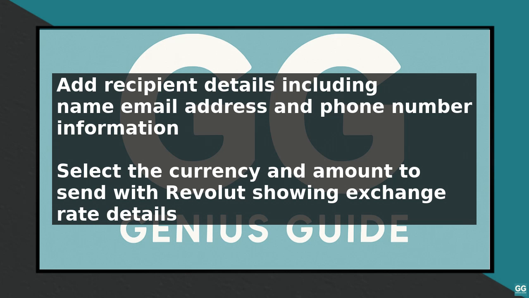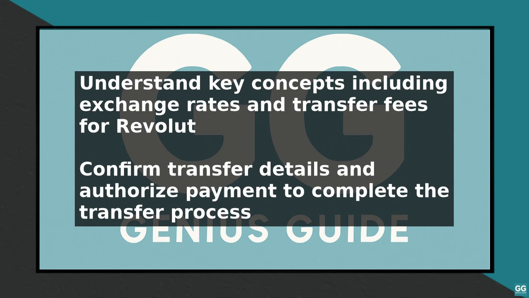Best practices for transferring money using Revolut include always checking the exchange rate and transfer fee before confirming the transfer, and making sure the recipient's details are correct to avoid any errors or delays. In addition to sending money, Revolut also allows you to receive money from other users. To receive money, you need to share your Revolut account details with the sender, who can then use the app